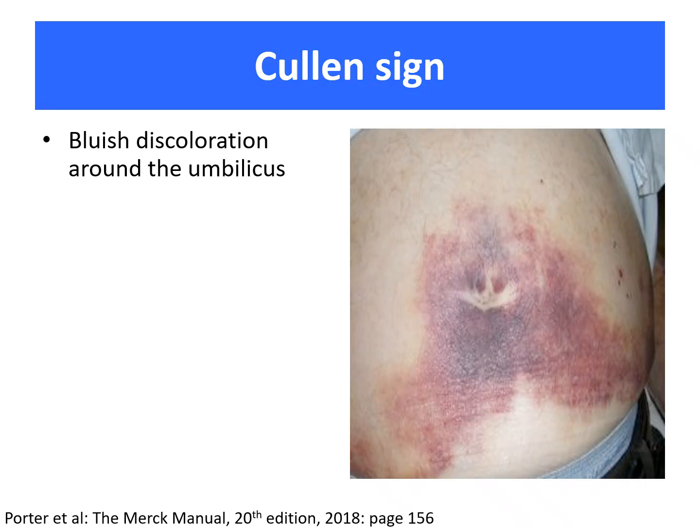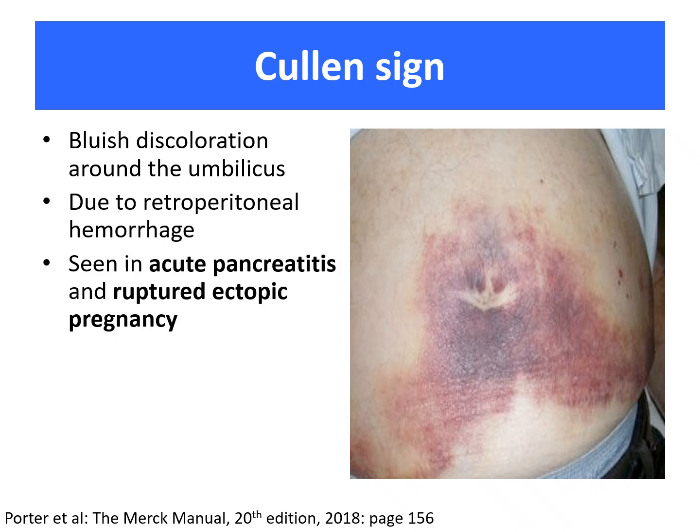Then there's Cullen sign. Cullen sign is defined as the bluish discoloration around the umbilicus. It is due to the presence of retroperitoneal hemorrhage. It is seen classically in acute appendicitis and in ruptured ectopic pregnancy. It could also be seen if the patient is on warfarin and they experience some minor trauma to the abdomen. It causes a blood vessel to rupture in the retroperitoneal area, and then it would present as this bluish